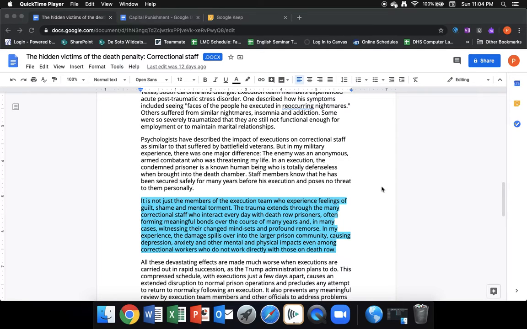Hi ladies and gentlemen, I am making a video here to show you Google Keep, a note-taking app embedded into Google Chrome that can be quite useful for your projects, both in our Persuasive Research Unit as well as in the future. And so I have here a couple of these death penalty articles that I feature in a couple